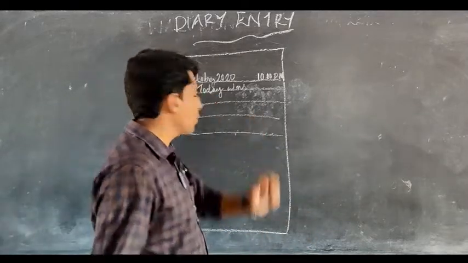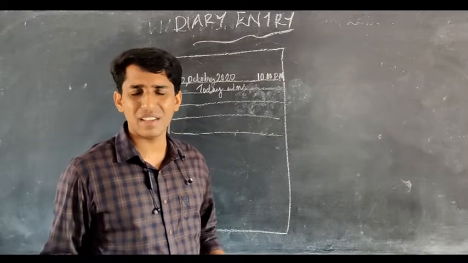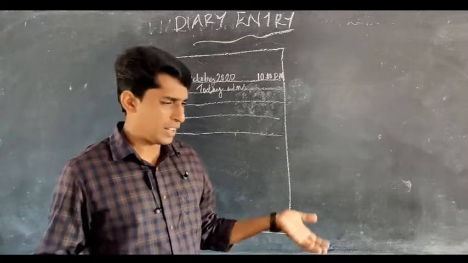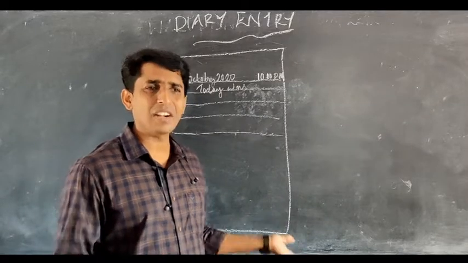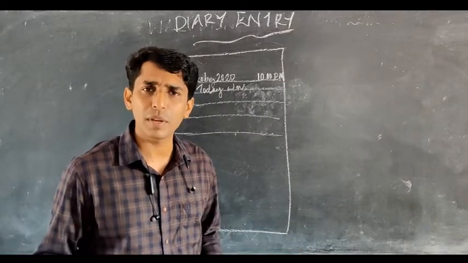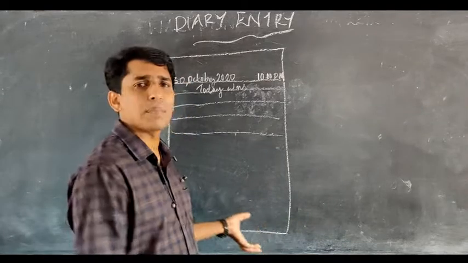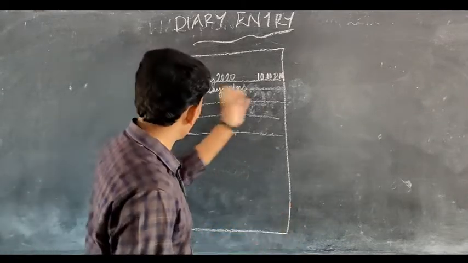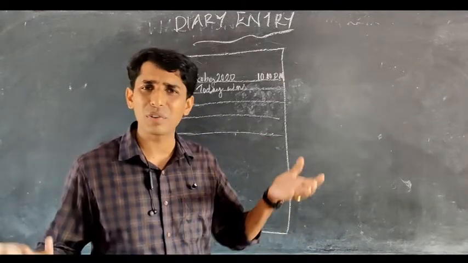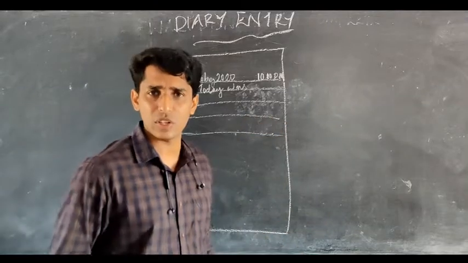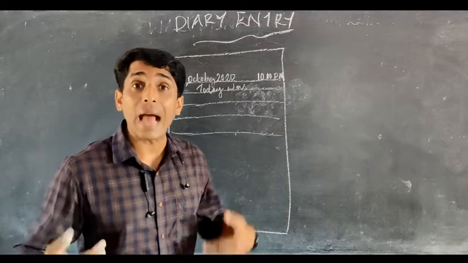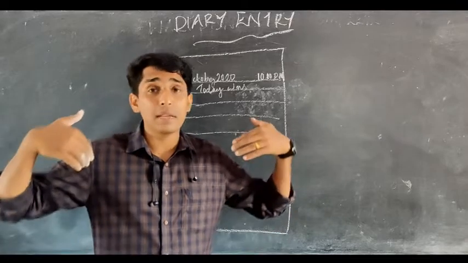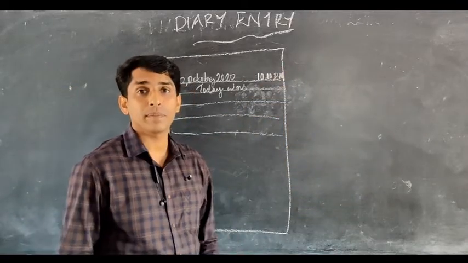So that day, how will you start? Today was a horrible day for me. If something bad had happened to you, you can start like that. Today was a sad day for me. Today was a horrible day for me, because while riding the bicycle, I fell down. You just finish it in 5 or 6 or 7, maximum 10 sentences. And just conclude like this: I expect tomorrow will be much better than today.